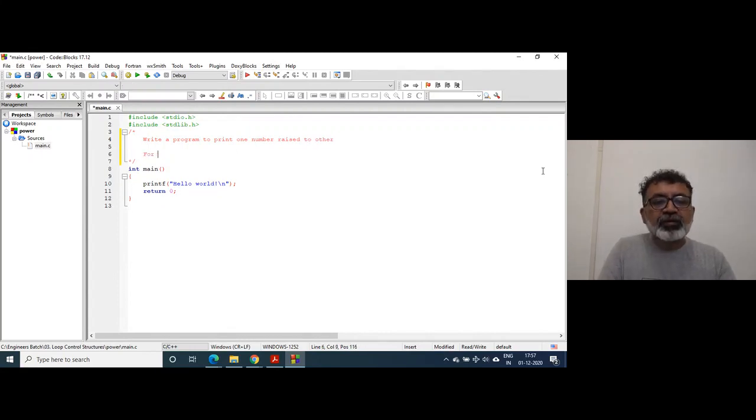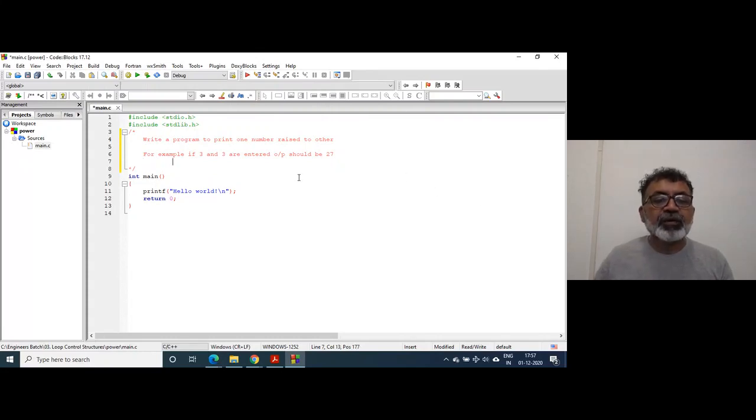For example, if 3 and 3 are entered, the output should be 3 raised to 3, which is 27.